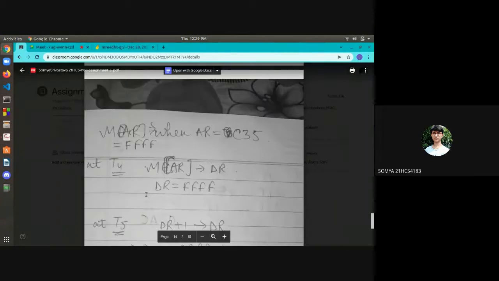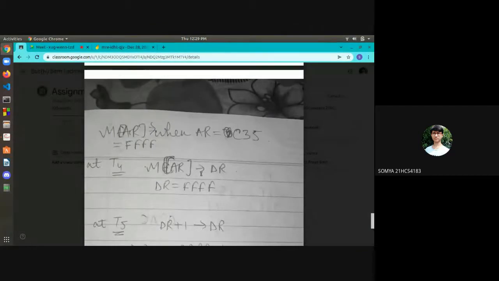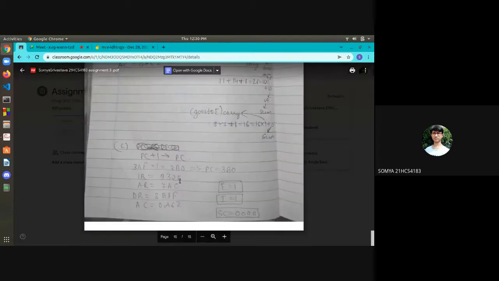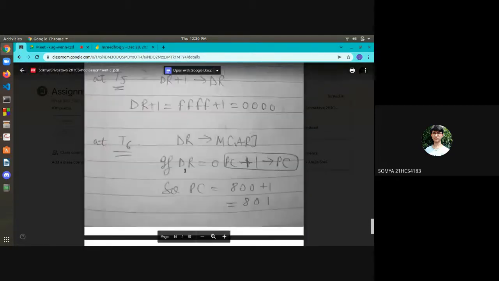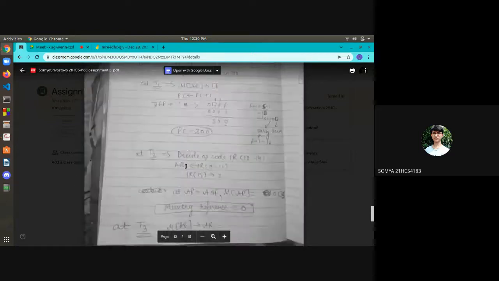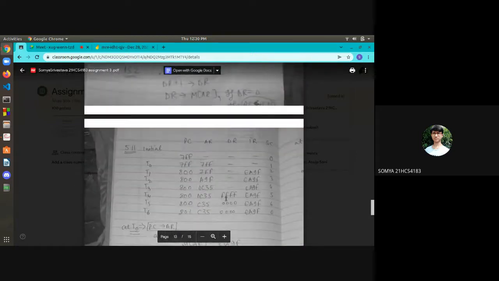So at T4, the value of MAR will be transferred to DR. So the value of MAR is FFFF. So it will be transferred to DR, and now DR will become FFFF at T4.